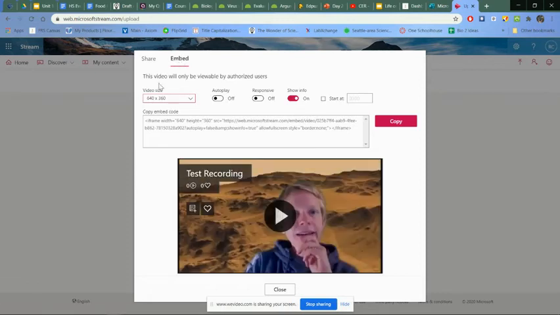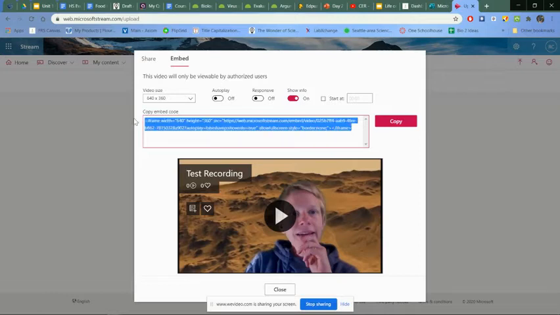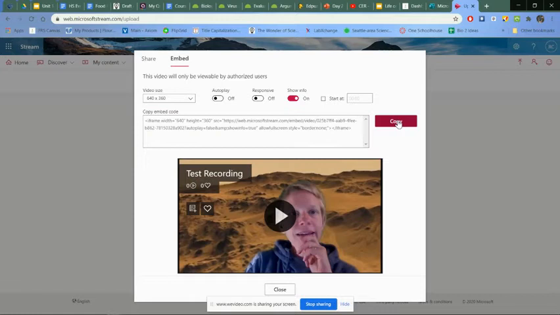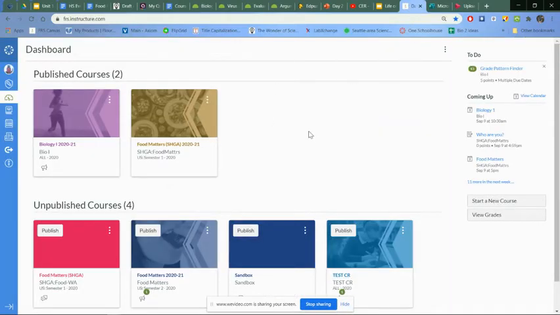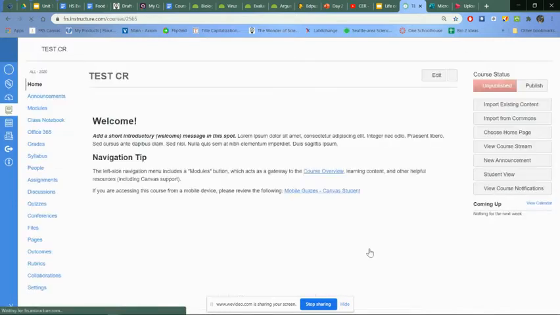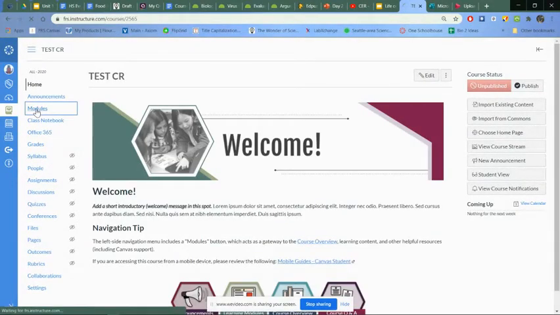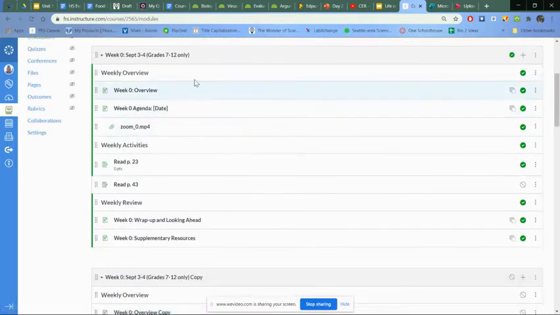All right, so again, I'm going to check my options here. Autoplay, I don't care. Show info, that doesn't matter. And it's just going to start at the beginning. So this is the embed code. I can either highlight it and copy paste, or I'll just click copy. Now I'm going to go back to Canvas, and I'll just do this in my test class. I'll go to modules,